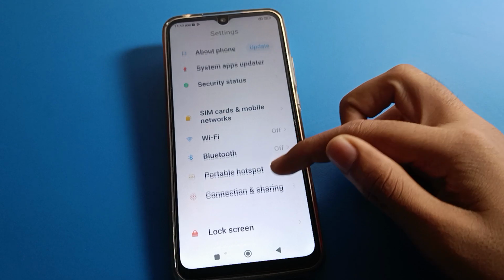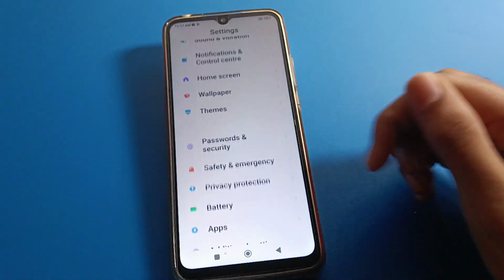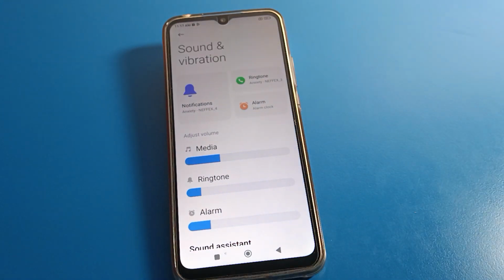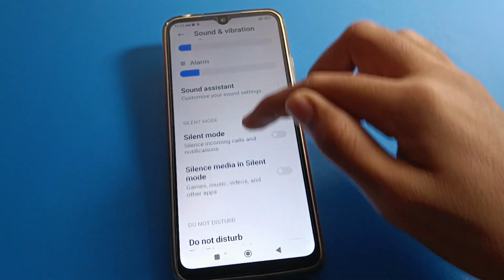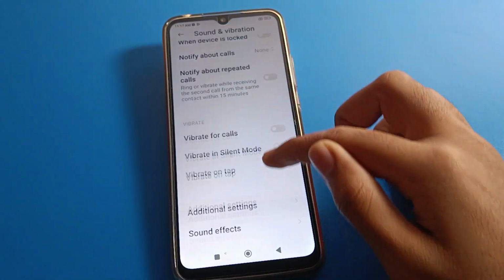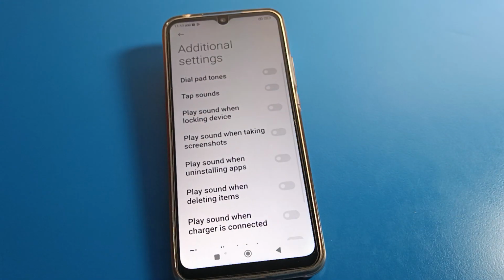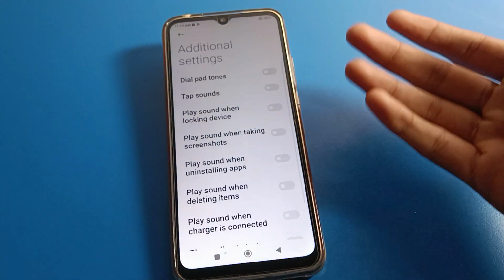After opening phone settings, friends, you can see this type of interface on your Redmi mobile. Click on Redmi mobile sound and vibration setting. After opening sound and vibration, friends, scroll down. Click here on sound and vibration additional setting. After opening sound and vibration additional setting, one by one we will talk about this secret